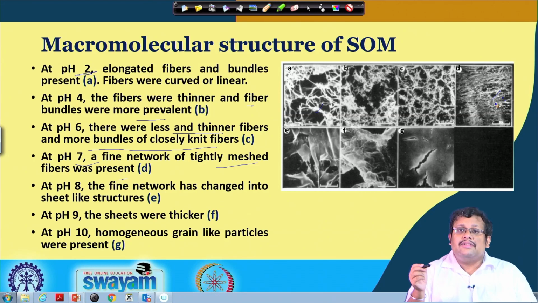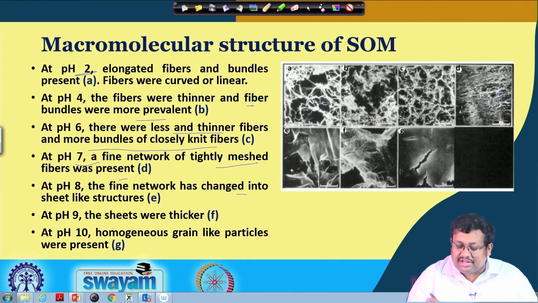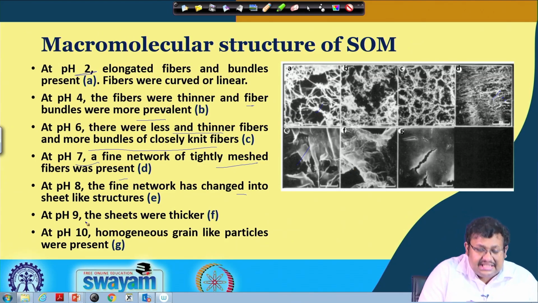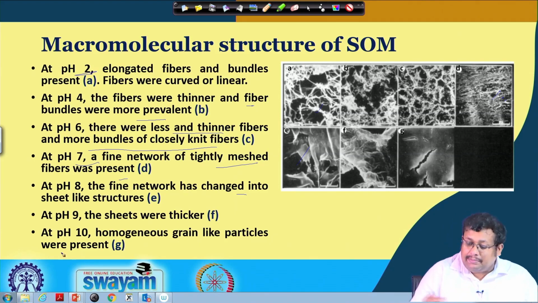At pH 8, as you are further increasing the pH, the fine network has changed into a sheet-like structure. As you can see, we are getting a kind of sheet-like structure. So, we started with the thin fibers and then we are getting into the sheet-like structure. At pH 9, that means highly alkaline condition, you can see the sheets are getting thicker, and finally at pH